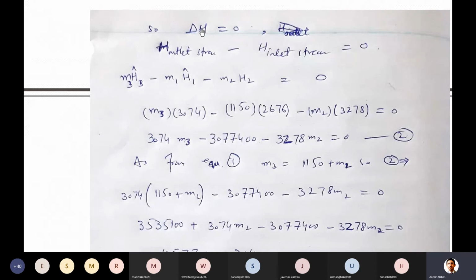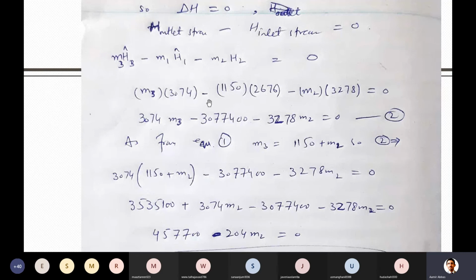So change in enthalpy, what does this mean? It means H of the output stream, outlet stream, minus H of the inlet stream, so that's equal to 0. And you know that H is equal to mass multiplied by specific enthalpy. This is enthalpy over mass, so mass will cancel and I will again get back the enthalpy. So this is of output streams minus input streams. There were 2 input streams, and if I open the bracket, both terms will come with the negative sign. By the way, sorry, I forgot to put the cap here, H2 cap, it is also cap, I mean specific. So that is equal to 0.